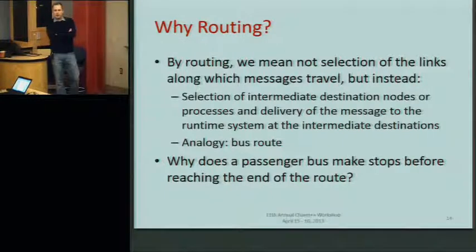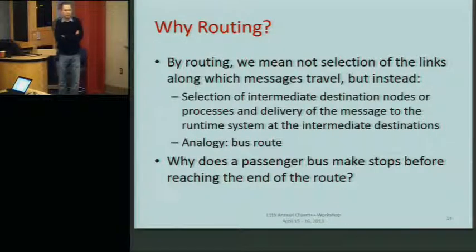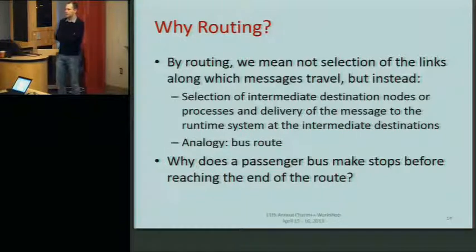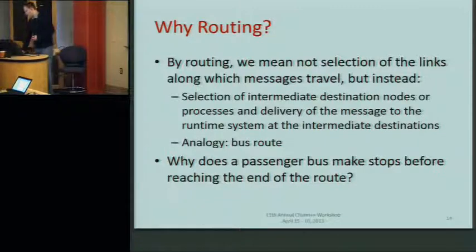So, does anybody want to venture an answer for this pretty simple question? In order to carry all the people where they wanted to go, you need a lot more buses. Okay, that's a good answer. Also, what happens with every intermediate destination at which you stop? Some people get off, other people get on. So essentially, you're serving a lot more possible routes by stopping at these intermediate points. And it's similar with the approach taken by this TRAM library.